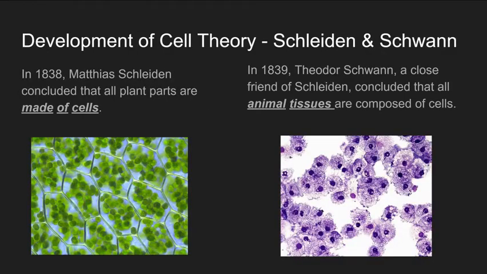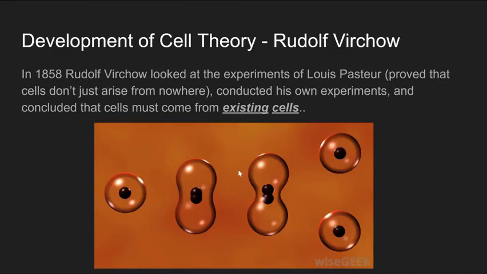Then came these guys named Schleiden and Schwann. Matthias Schleiden concluded that plants are made up of these things called cells. Basically, by looking inside of them, he looked at multiple samples. He realized that every single plant had to be made of cells, just like what we discovered in parts of life. Theodor Schwann came around and concluded that all animals are also made of cells, just in different shapes and forms, but they still have some of the basic parts and so forth. You can kind of see the dots on the inside of each of them. Every single cell has one of those.